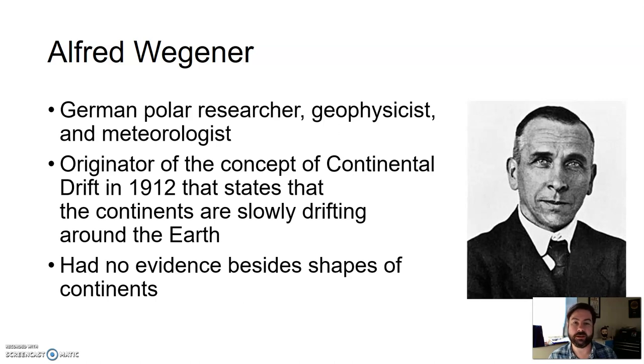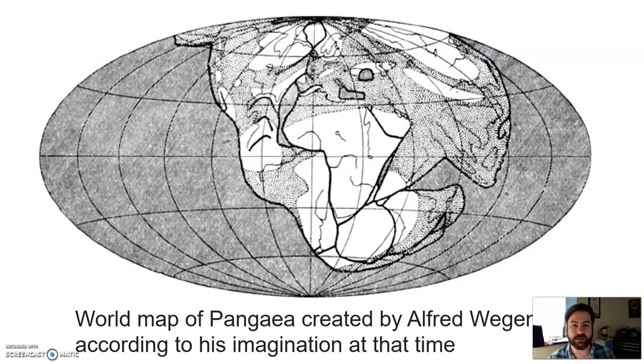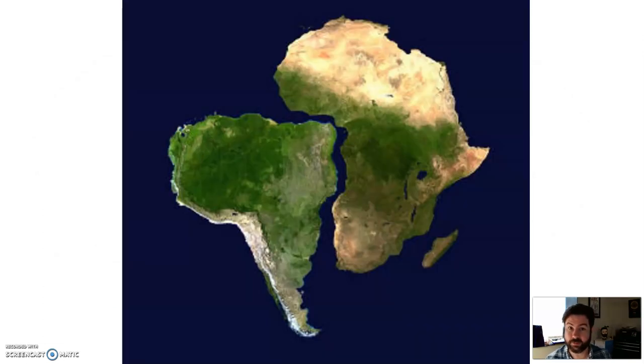So an early proto-Pangaea map, before we knew kind of what Pangaea was, kind of his idea, well, fitting all the continents together like a puzzle, he came up with something like this. So this is the world map of Pangaea, created by Alfred Wegener according to his imagination at the time. And his imagination is actually pretty darn good, because if you look at current, for instance, modern day, this